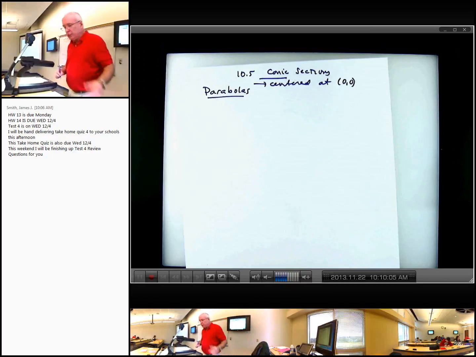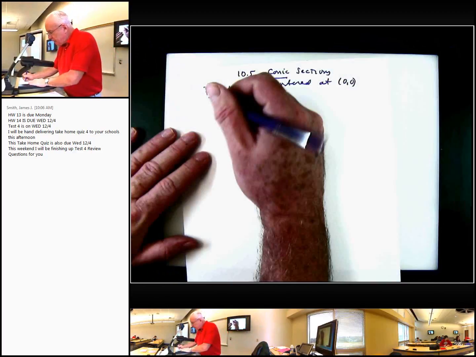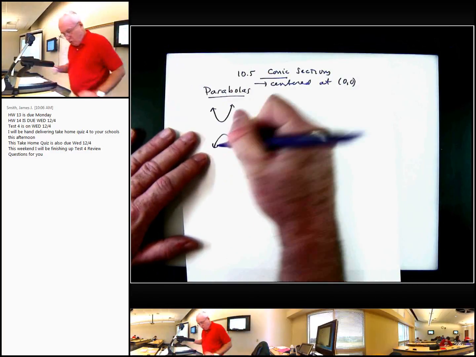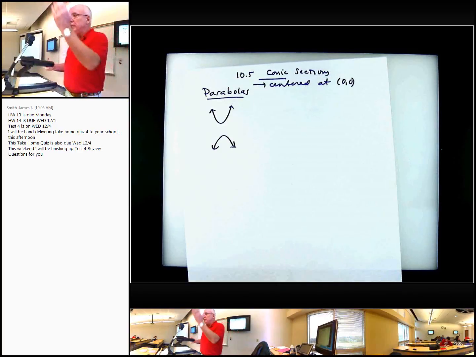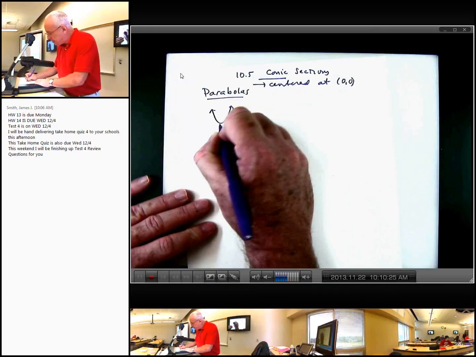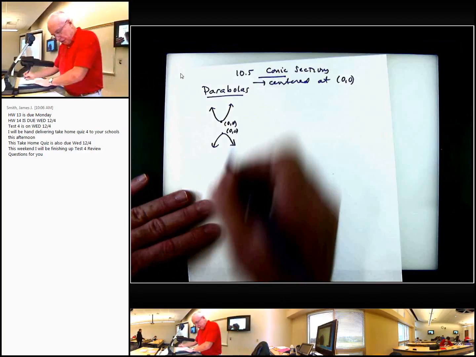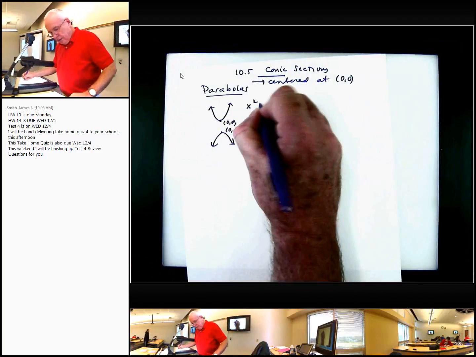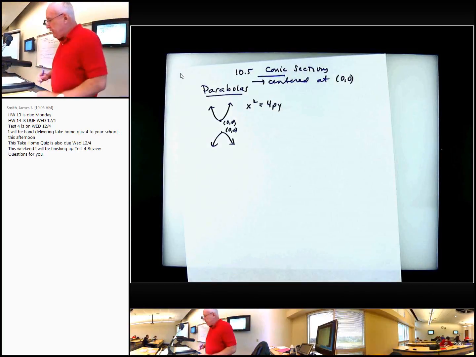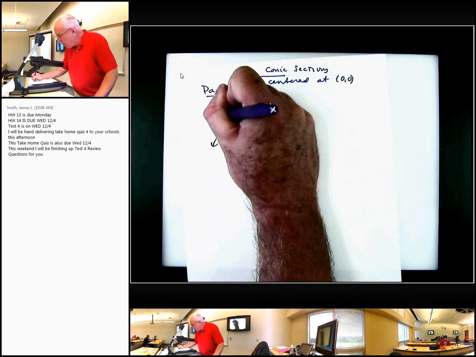And we got some equations for parabolas, where the parabola can either be going up this way or going down this way, all right? And when it's oriented in either of those two directions, with the center at 0, 0 here, the equation is going to be x squared is equal to 4py, all right? And p basically is the distance between